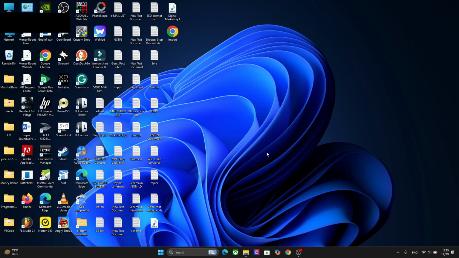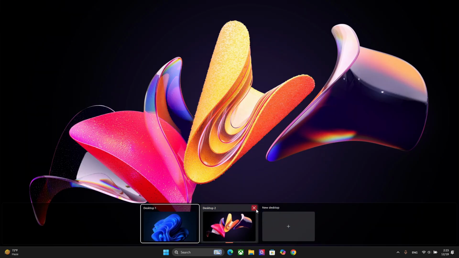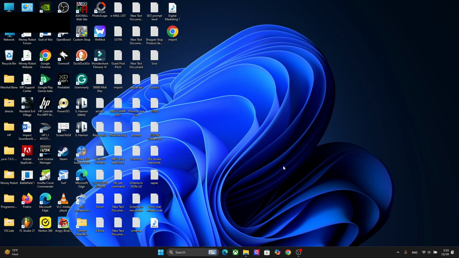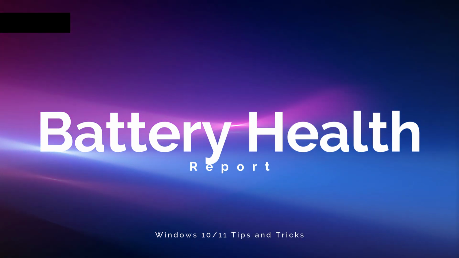So these desktops are completely independent of each other. So you can use multiple desktops in a single device. It's a pretty cool feature for multitasking. You can run different programs, use different options. The next feature I want to show you is the hidden battery report, and this one is for the laptop